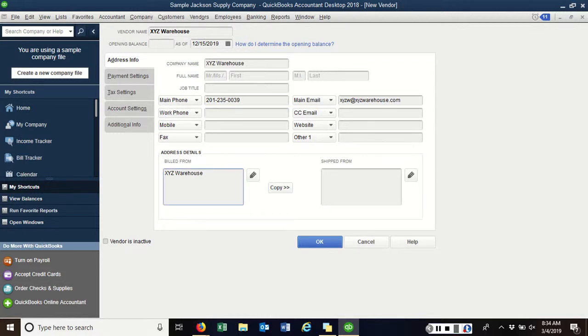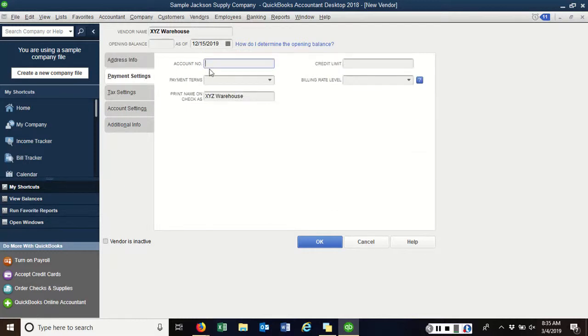Then fill in all the detail information: phone number, website, addresses, etc. The billing and shipping address. And under the payment settings tab, give them an account number, our credit limit with them. Nope, we didn't have that. We got our payment terms,